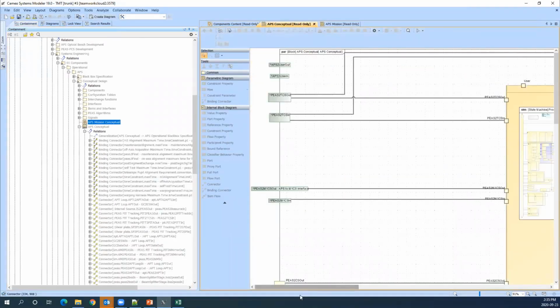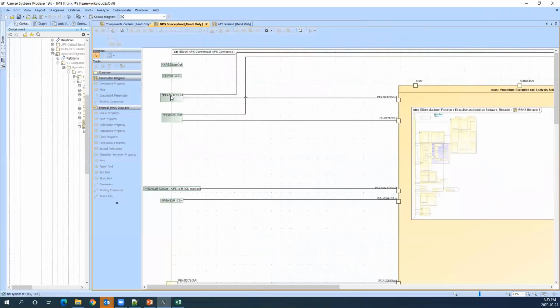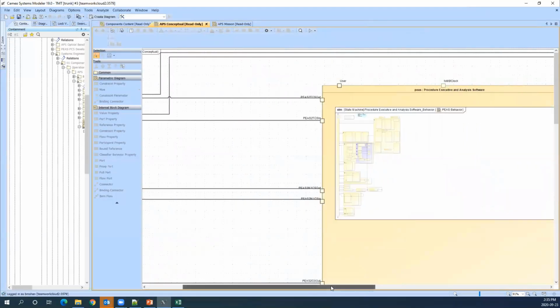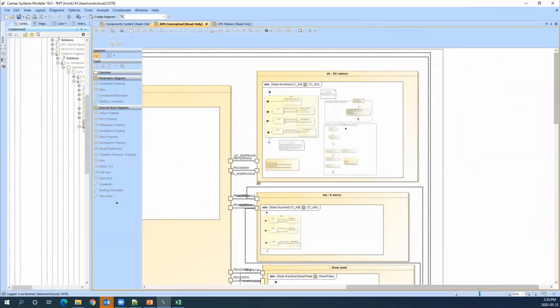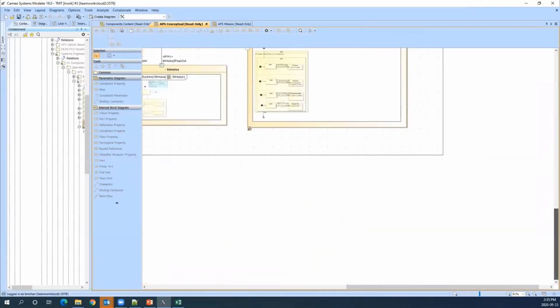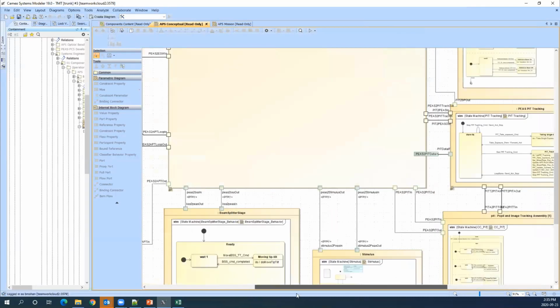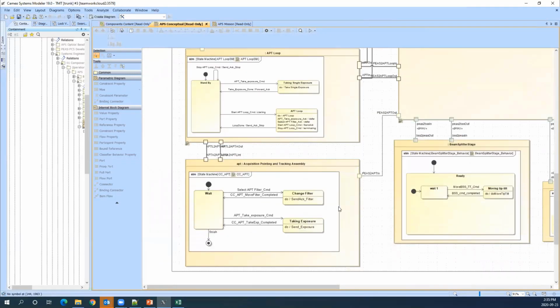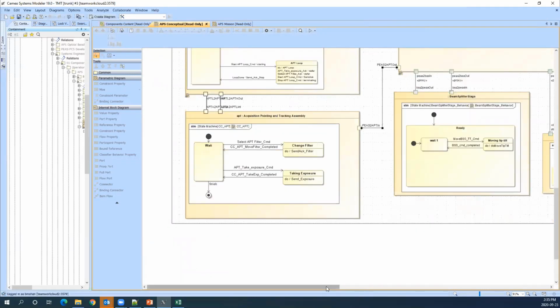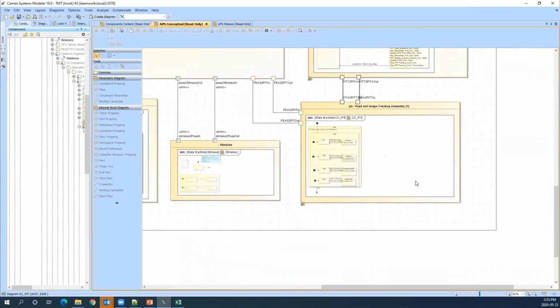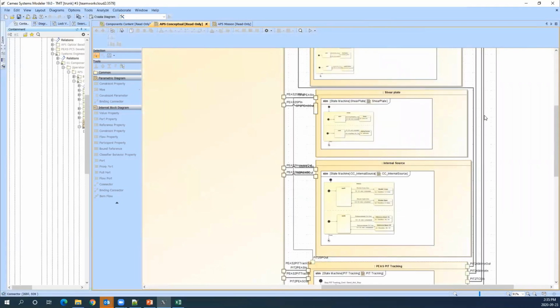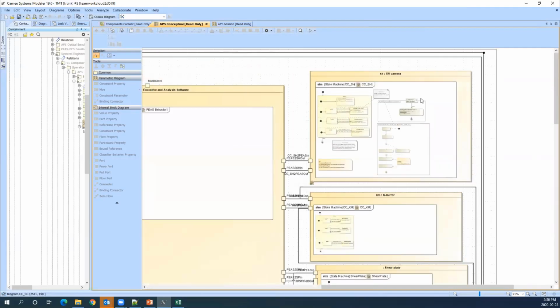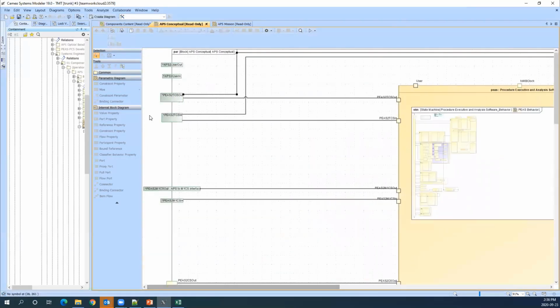APS conceptual. Here you can see that it's very hard for me to even visualize all the connections going between the ports and the different subcomponents of the conceptual system. As you can see, the more complex the system is, the more complex even viewing the model becomes. It's very hard to visualize a larger model, and to track where the connectors are connecting between the different subsystems.